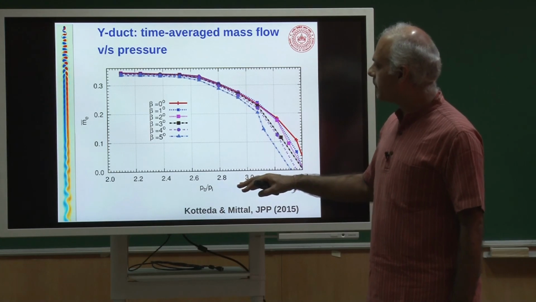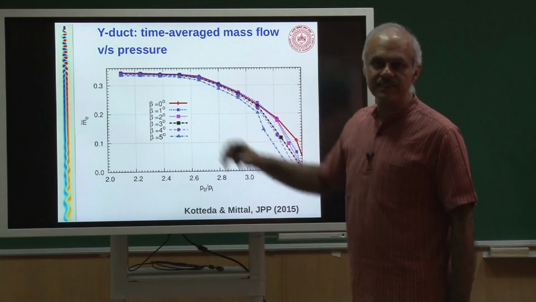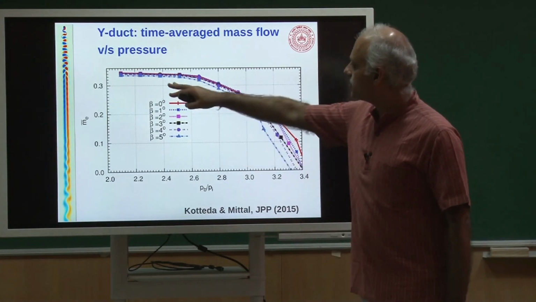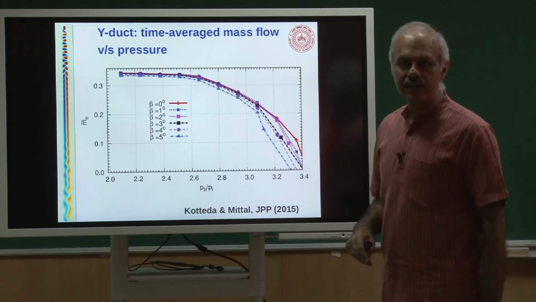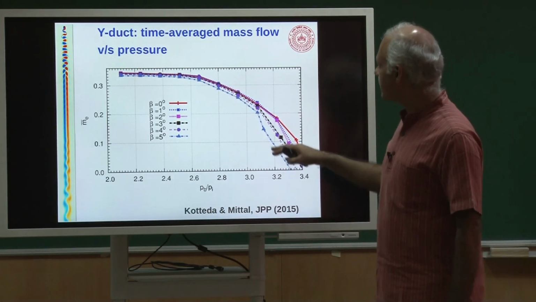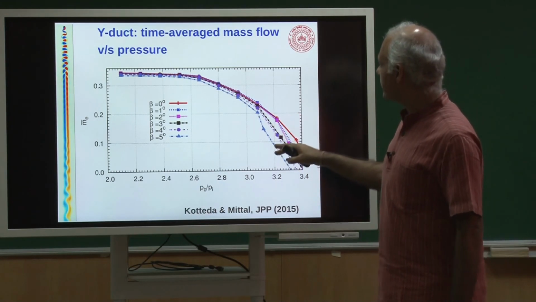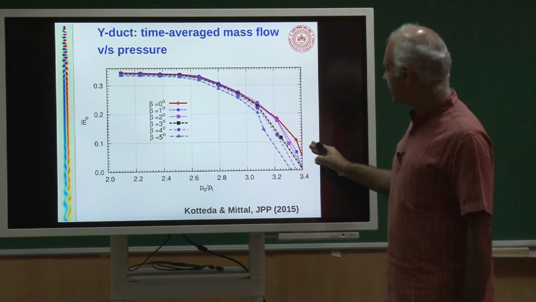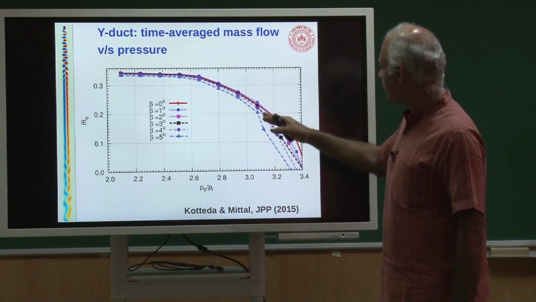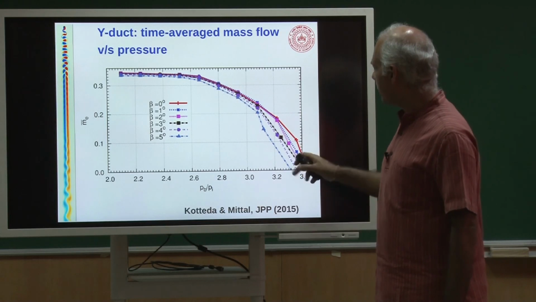Typically, the mass flow rate picture looks like this. On the x axis is the pressure ratio, the y axis is the mass flow rate, and up to some pressure ratio things are fine, and then as you increase the throttle further, which leads to an increase in back pressure, the performance of the intake deteriorates depending on the side slip angle. If you are in a zero side slip flight, the deterioration takes place at a larger back pressure, but for a large side slip angle, it could happen a little bit earlier.